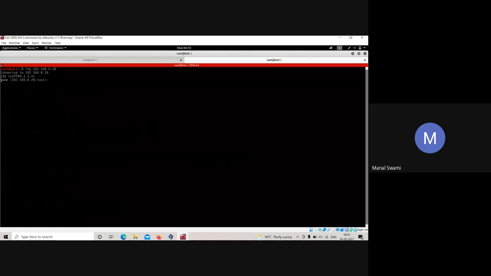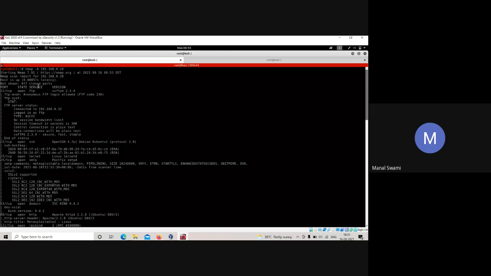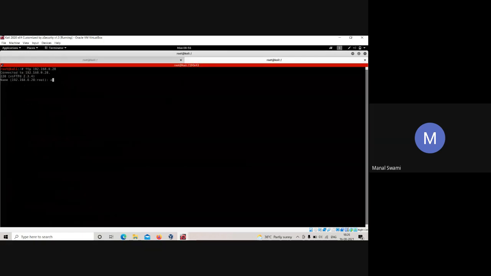Over here it is asking for name. Name stands for username. In this particular point, don't write MSF admin because you will not be able to get into it. What the username will be? See, anonymous FTP login is allowed. In this particular part, anonymous is the login username and password. Just type anonymous.